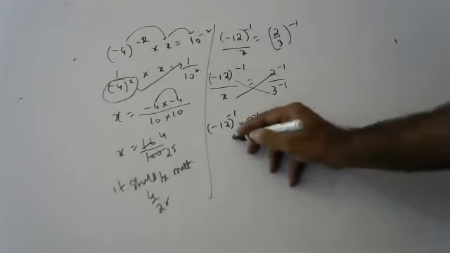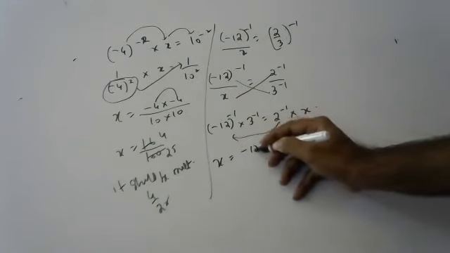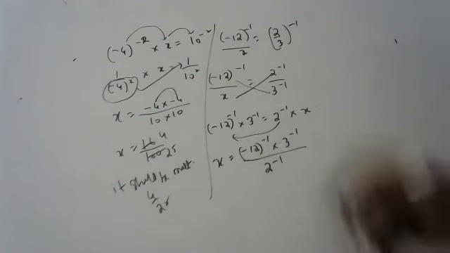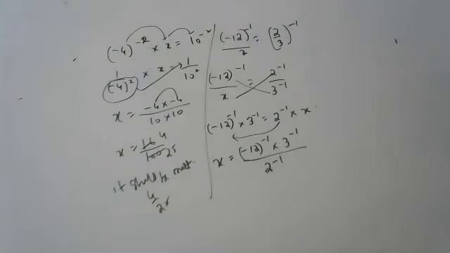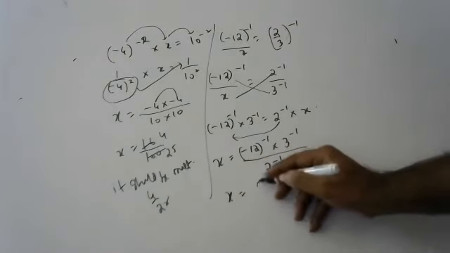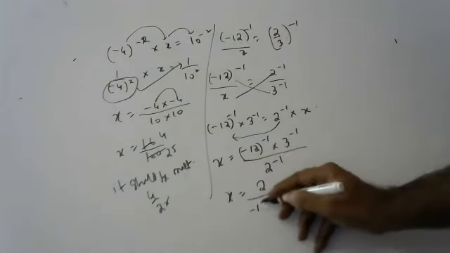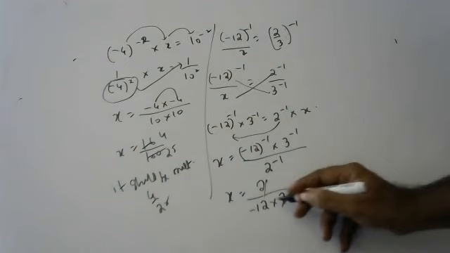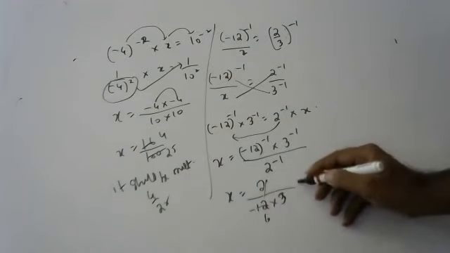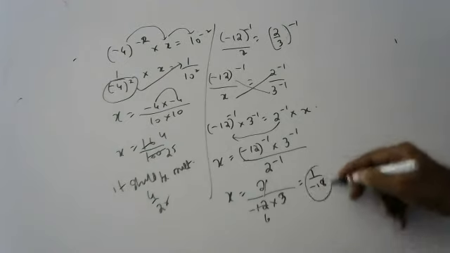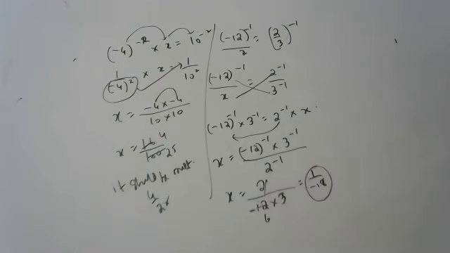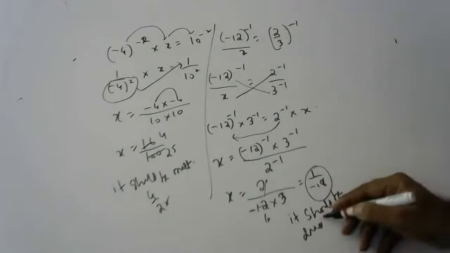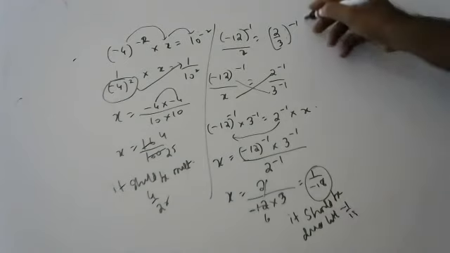Now x we want, take this down. X we want. X is equal to? Yes. X is equal to 12 to the power of minus 1 into 3 to the power of minus 1 divided by 2 to the power of minus 1. Now remove all minus. Sir, this will come up, this will go down, this will come up. 2 sixes are 12. X is equal to 1 by 18, sir. Minus 18. So it should be divided with minus 1 by 18.